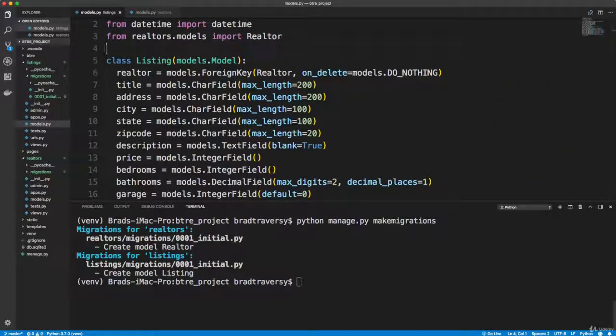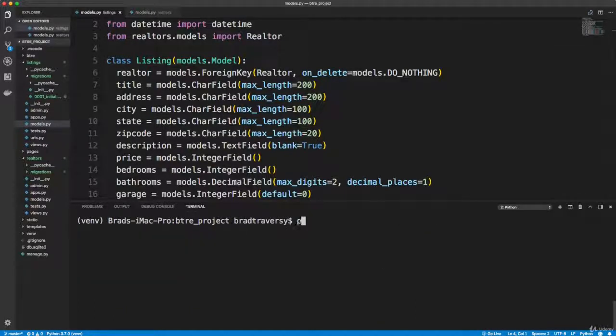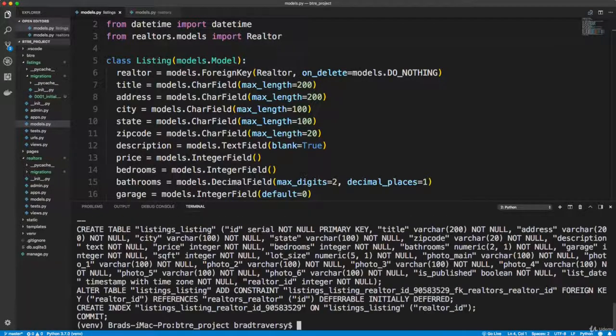Now there's actually a command that we can run to check out what the query will look like. So we'll say python manage.py, and this isn't something you have to do, I'm just showing you it's an option. We can say sqlmigrate listings. So we'll say listings and then the number of the file, which is 0001, and it will actually show us the SQL. So CREATE TABLE, and it's going to be called